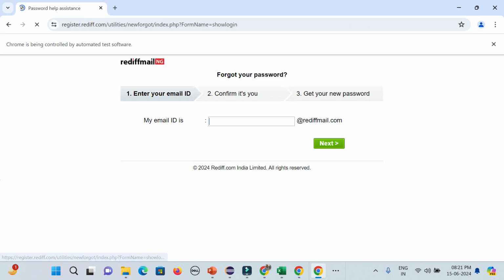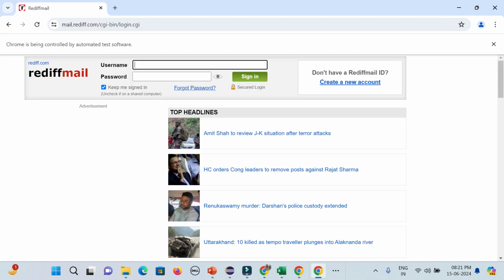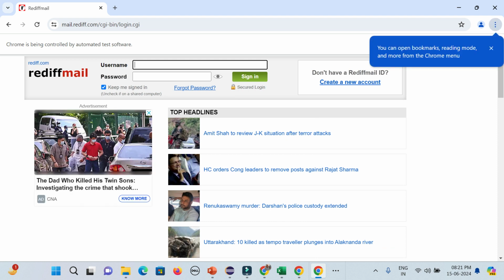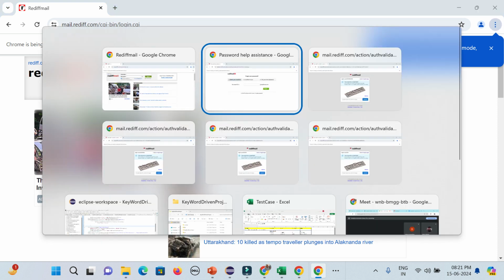That is one logic, and in industry 10 people can have 10 different logics. I have tried to cover as many logics as possible in a simple way. Every time it will open the browser. At the end of the day, you can close the browser as well; that is not a big deal. Now if you go here,